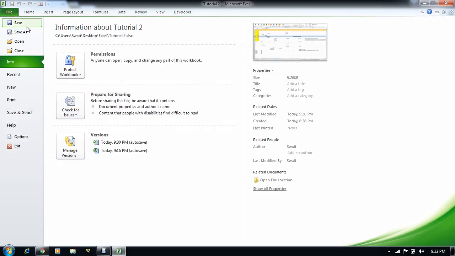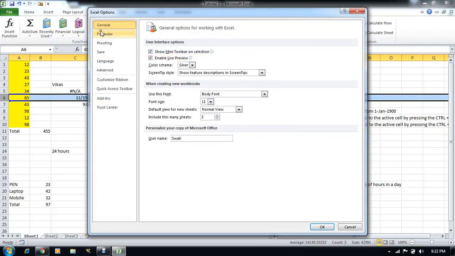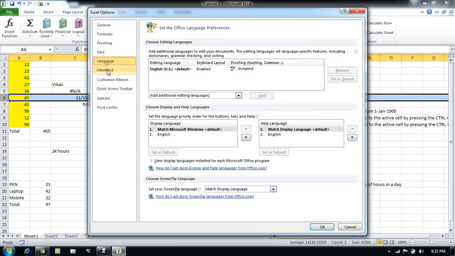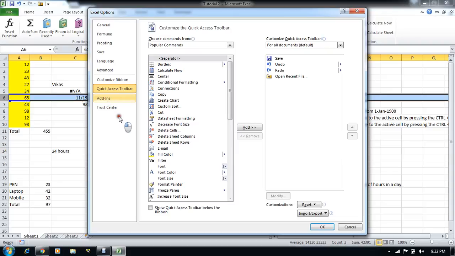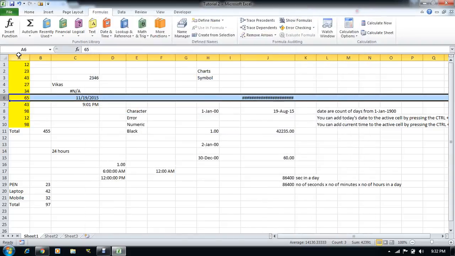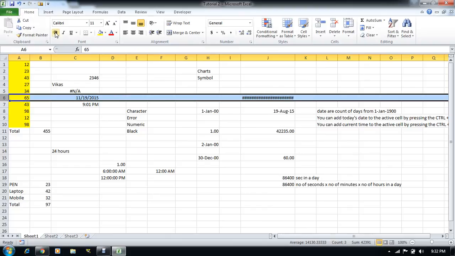You can see that it has the save, open, and close options, and it has some options which we can add, or we can get the advanced things of Excel by using those options. Here we have various options: general options, formula, proofing, save, language, advanced setting. I will explain these options to you later in the next videos. So in the File menu we have some options, and in the Home ribbon we have some basic things of Excel which we perform.